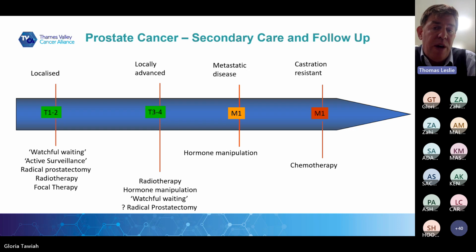You may have been aware of a great big trial called the PROTECT trial, which has been randomizing men between active surveillance, surgery and radiotherapy for the last 15 years. And at 15 years, there is no difference in survival for men who've had active surveillance versus surgery versus radiotherapy for those Gleason 7 men. There's about a third more chance of having metastatic disease, but they're all still alive and they're 15 years older